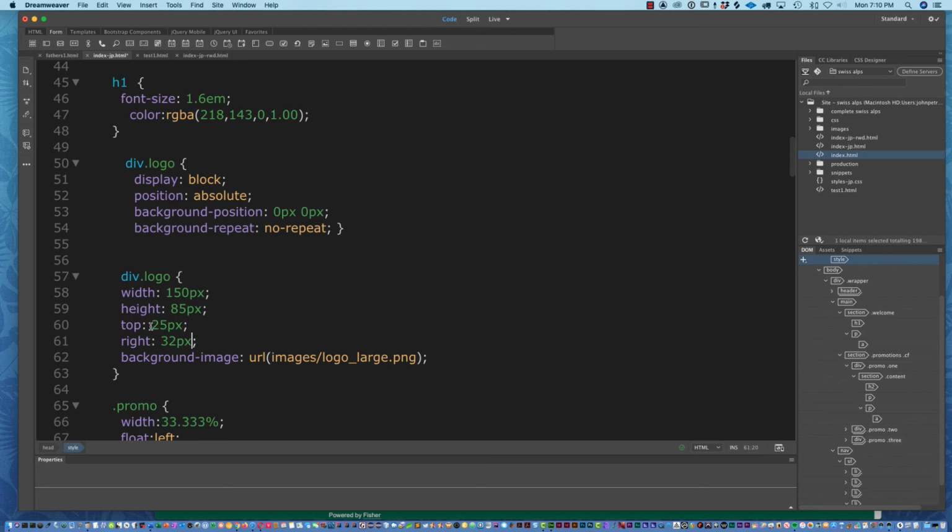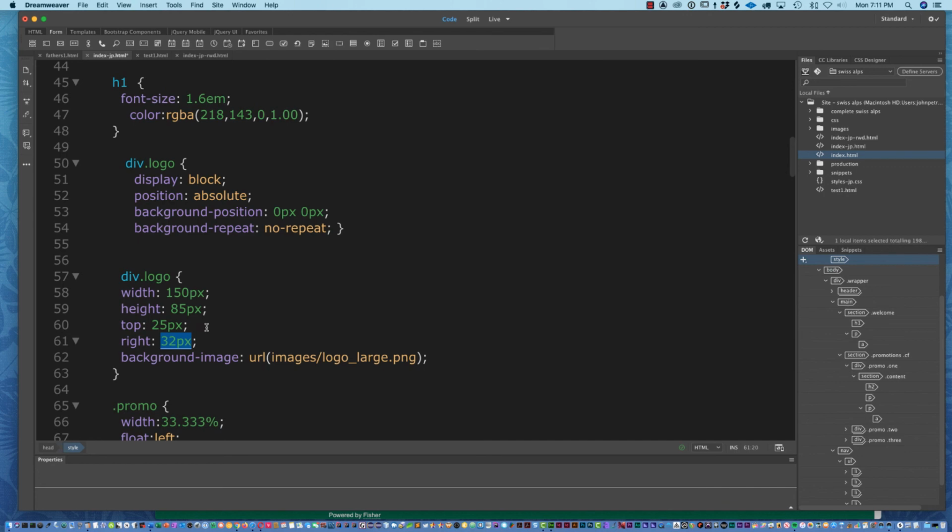So that is cool because the wrapper extends all the way up to the very top of the page and all the way across. So essentially what we're doing is setting this basically to the full extent of the page